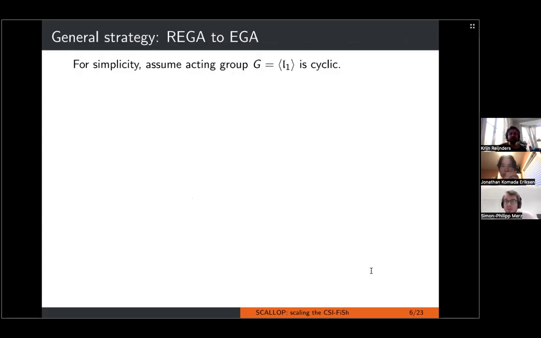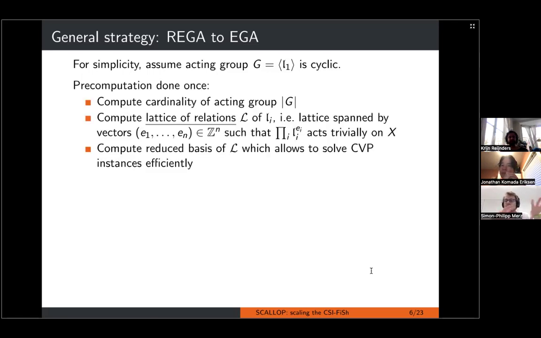Now, this raises the question whether we can transform a restricted group action into an effective group action. So for now, let's assume that the group acting is cyclic. In fact, for the groups we think of in isogeny-based crypto group actions, this tends to be the case conjecturally. Or it might be cyclic or something close to cyclic. And then a way to transform a restricted group action to an effective one is to first start by determining the structure of the acting group.